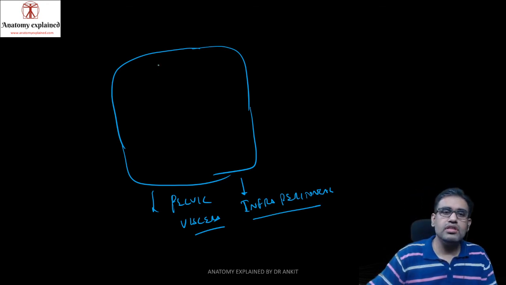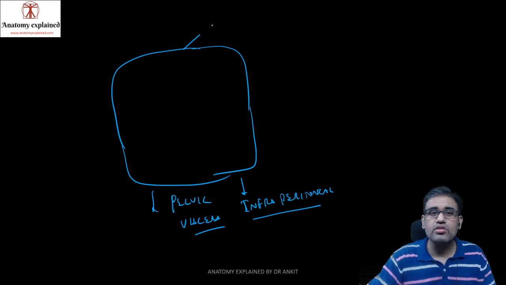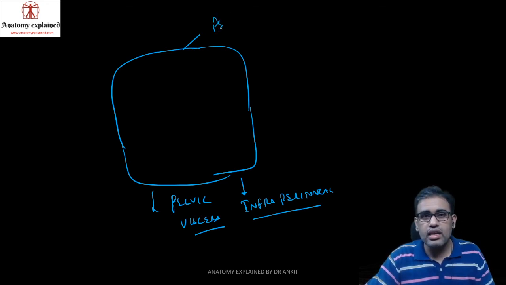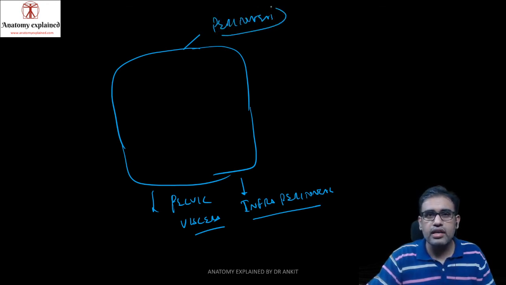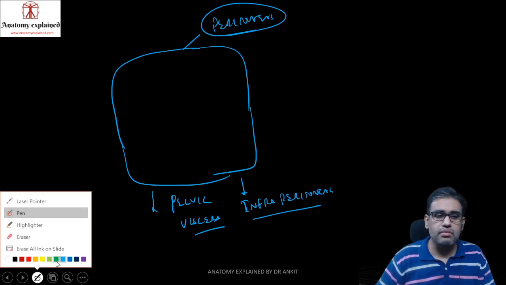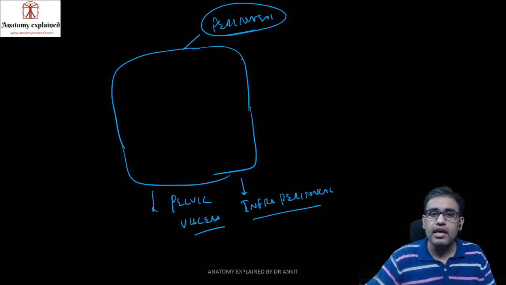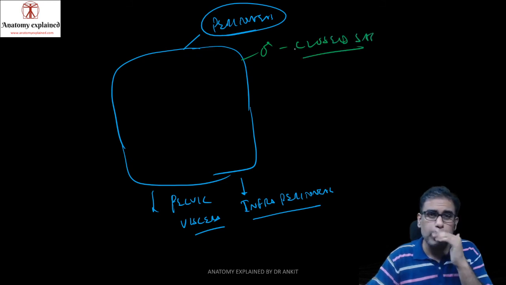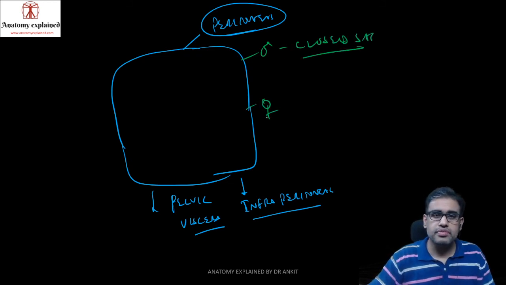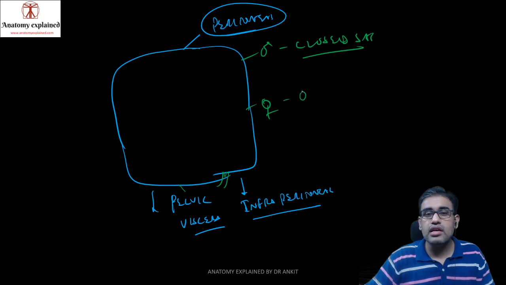Now, as we talk of this whole abdominal cavity and these peritoneal layers surrounding it, we have to understand a basic difference between males and females. In males it is a closed sac, meaning everything is closed. But in females, the fallopian tubes are actually opening over here. In females, it is an open area.